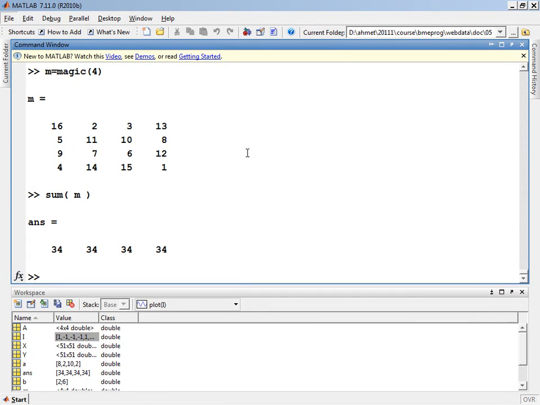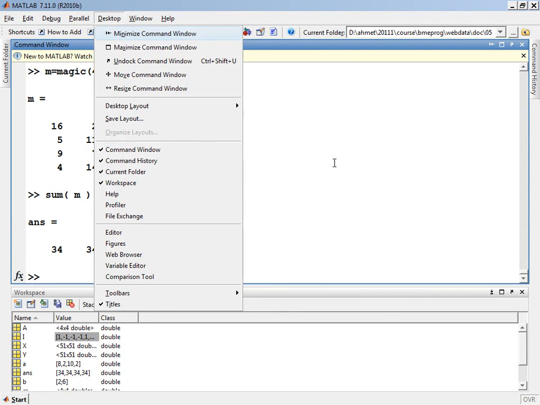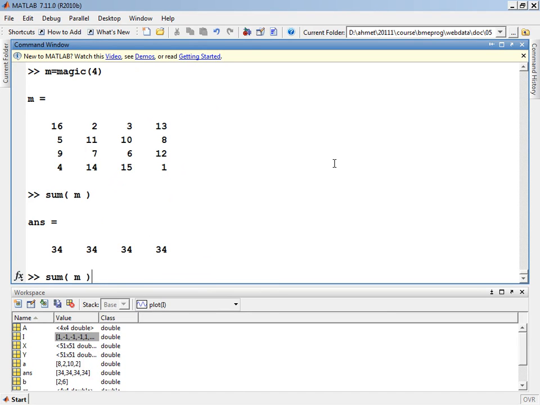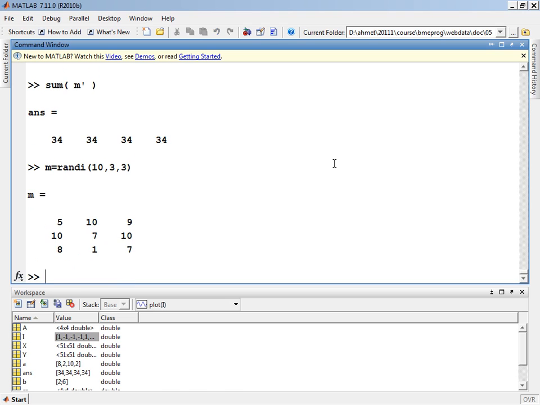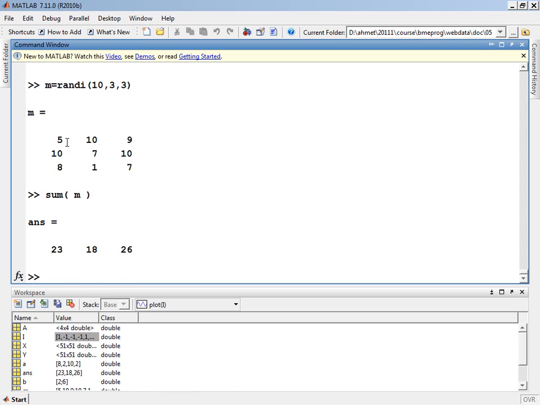Well, I can take the transpose, but in this case, since they all end up being the same number, let me change it a little bit. 3 by 3. So if I take the sum of M, I get the sum along each column. If I take the transpose of M, I get the sum